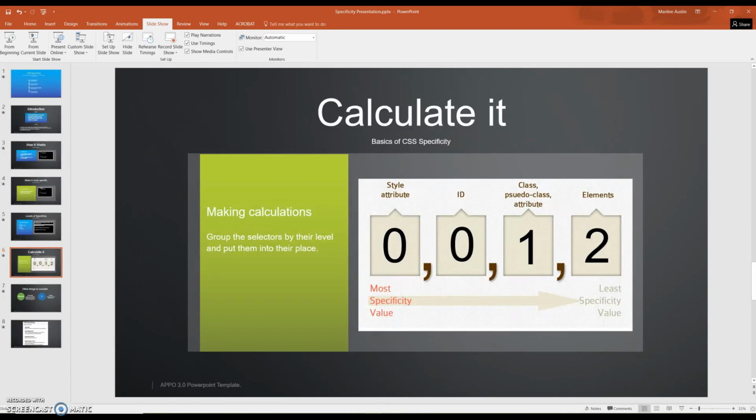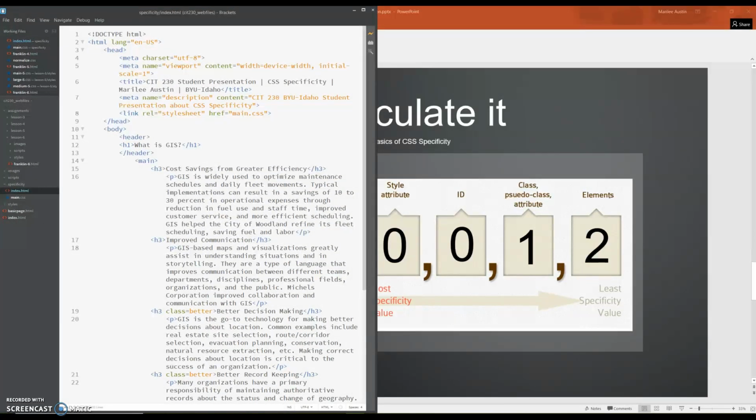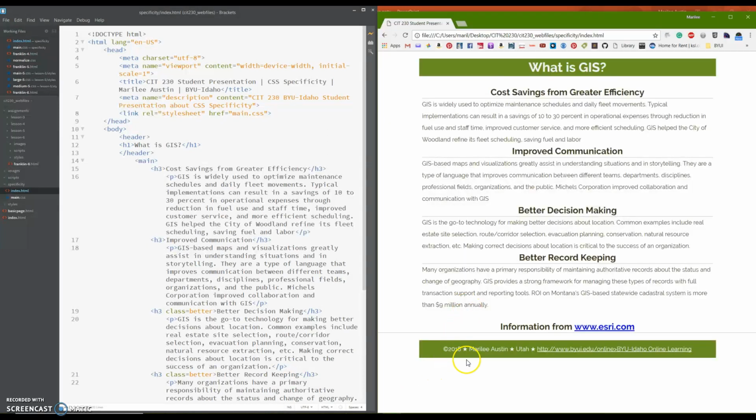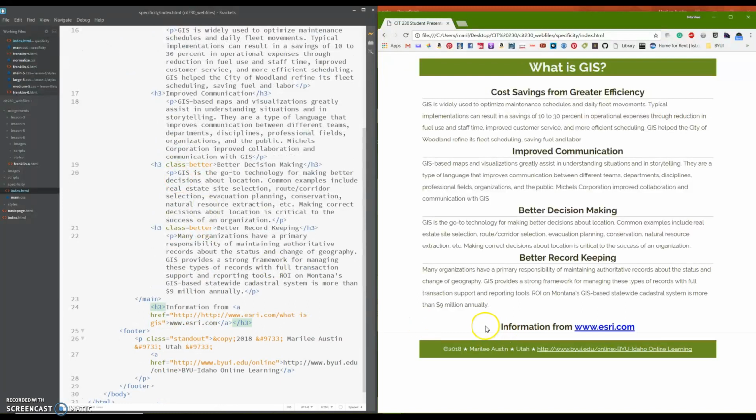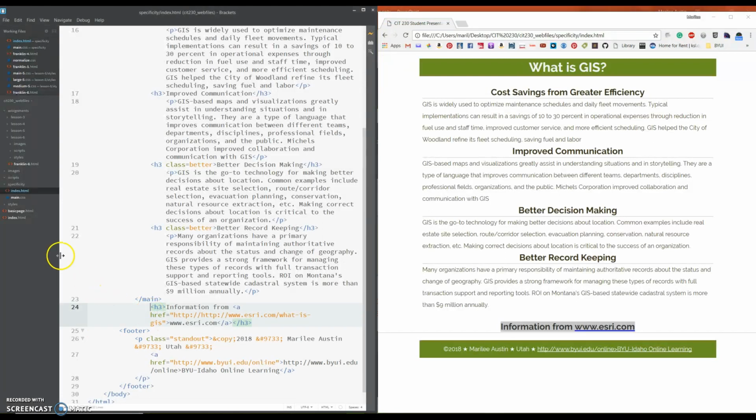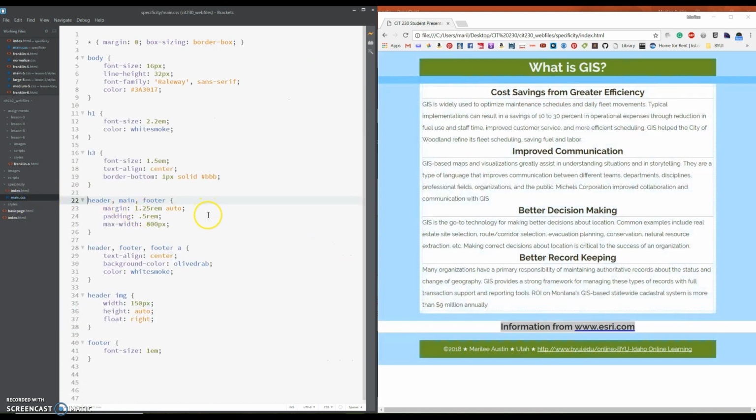Okay, so now for some practical examples. I'm going to open up Brackets right here. This is my live preview of a web page that I made about GIS, which is what my husband does for a living. It's pretty basic. I have some paragraphs with some headings that are level 3 headings. And then also down here, I have this little information from Esri.com, and it also has a level 3 heading. So going over to the CSS for this,